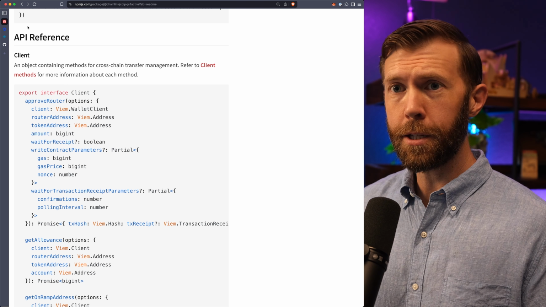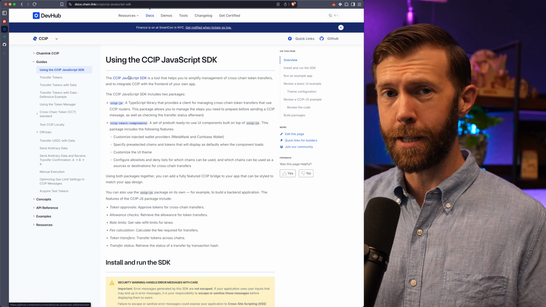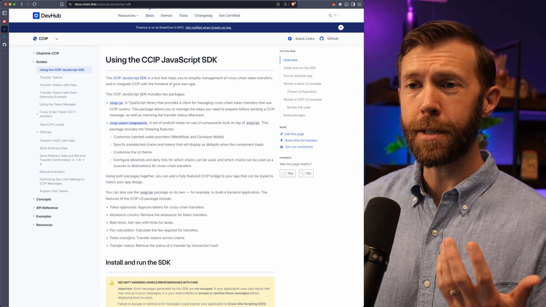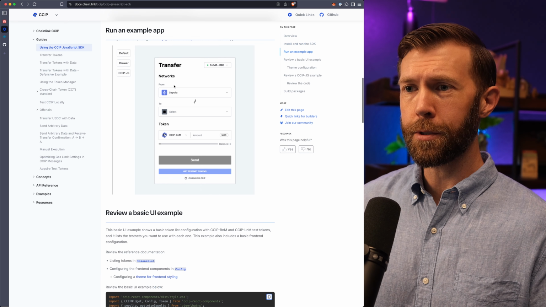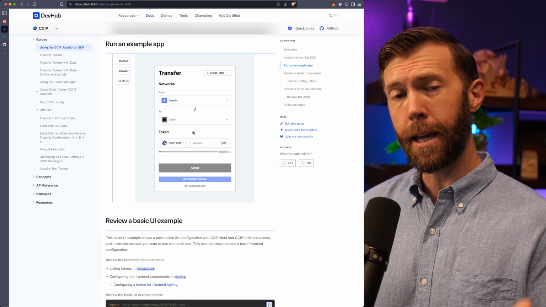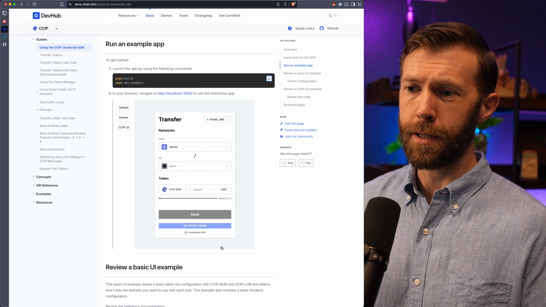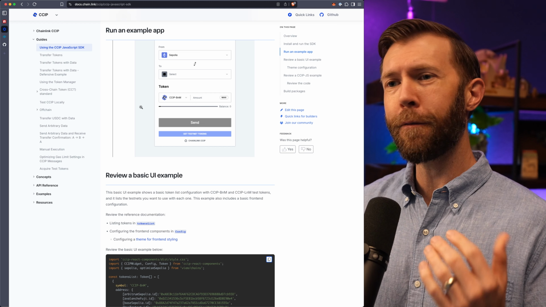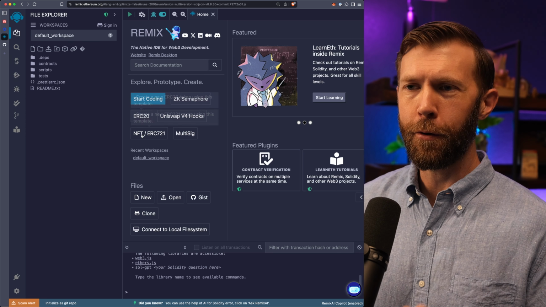If you wanted to use this SDK in something a bit more complex, you can check out our documentation at docs.chain.link. Under CCIP, we have here a guide for using the CCIP JavaScript SDK. And this guide will take you through actually using the SDK with a front end as well. So you can see here an example of what that looks like. It'll allow you to transfer tokens using the SDK. It's a solid example, but for this tutorial, I wanted to keep things a bit more straightforward and focus on